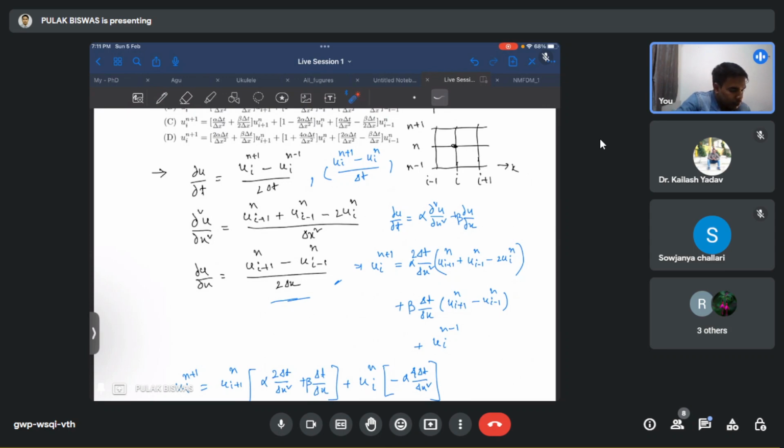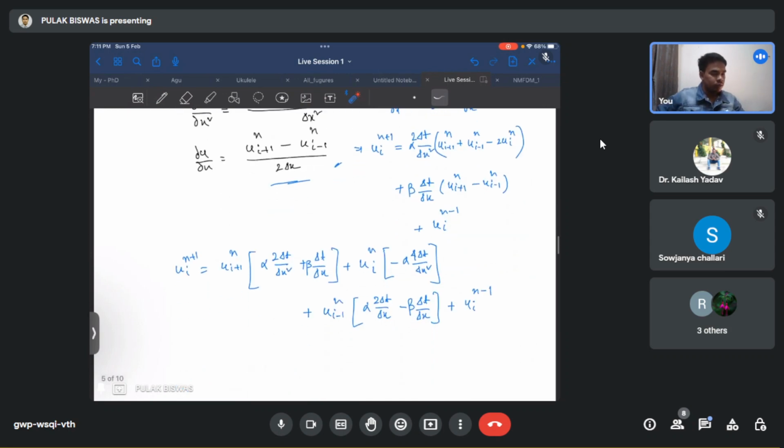And for the second term, since we are having this one extra, on this side, instead of this, this term will be there. So 1 will be coming on this side. Without this 4, it will be 2. So if I write it,